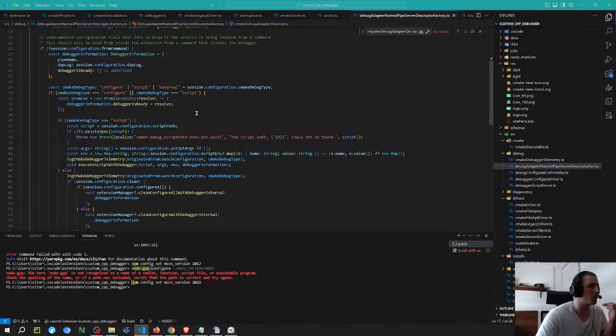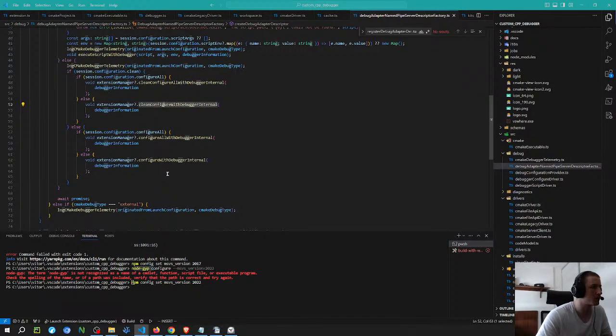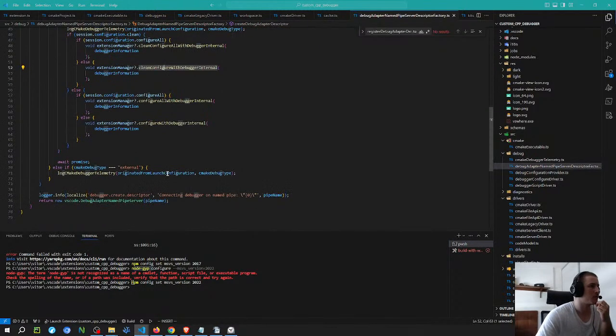So probably this is the configuration that matters. The reason why it works when you try to debug with the extension, and yeah, I think that's what's going on. So when you try to debug with the extension, it uses this debug adapter here,